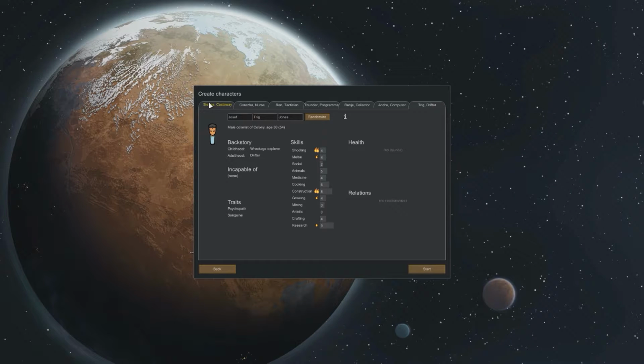So that is our lineup here now. I think we've got everything we really need. Do we have a good medicine? We do. Do we have a good shooter? We do. Do we have a good grower? We do. Miner. Oh, do we have a miner actually? Ooh, that is where we have a problem. We do not have any good miner. That's going to be a bit of an issue for us, but...